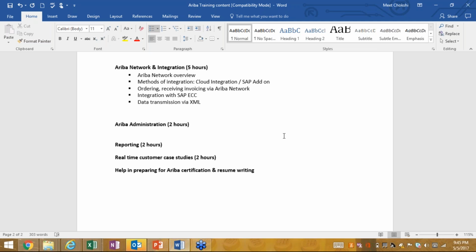And then we will also go through, whenever we get a chance, how customers are doing, like we talked about today, hybrid scenarios, and how different customers manage all this, if they have ECC, if they don't have ECC, if they have ECC, SRM and Ariba, how they will manage. So we can go through that.